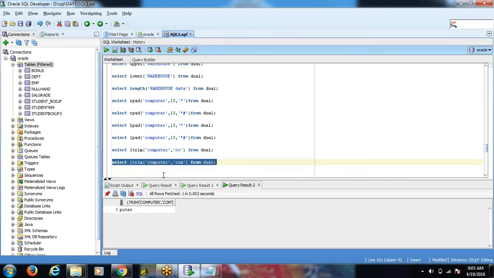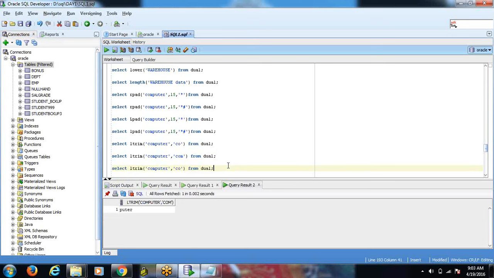Okay, suppose I am giving like this. I am not giving the CO. I am giving PUTER. Now tell me, what is the output? Nothing will come. Why? Can you tell the reason why?